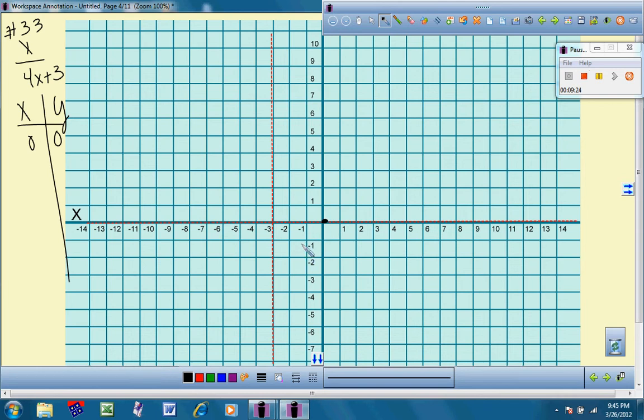Okay. Now if you look at 0, 0, it looks like it's right on the asymptote. However, it's going to maybe be on it, but it's never going to go below it. So you know we're going to have one branch here probably, and then another branch over here. So let's just see where this takes us. Alright, another value that